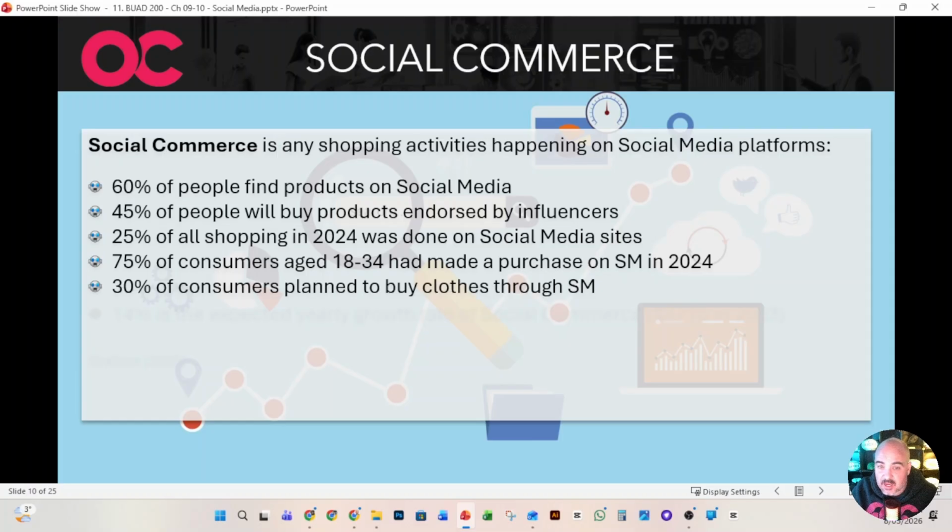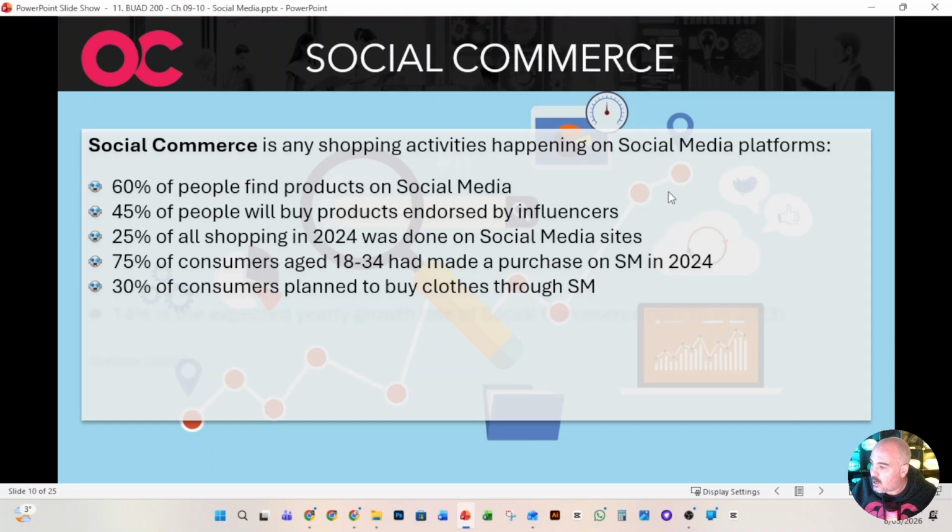30% of consumers plan to buy clothes through social media. As I mentioned, that visual platform that you would see on Instagram or TikTok, match that with an influencer, for example. You've got those trust signals. You also have lots of visuals that allow you to see what you're purchasing.